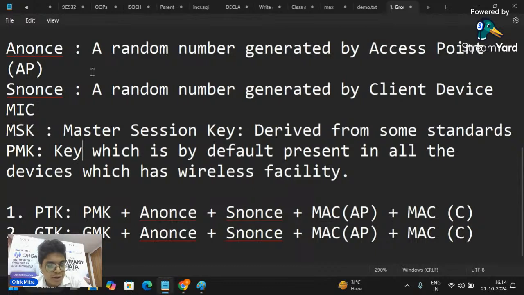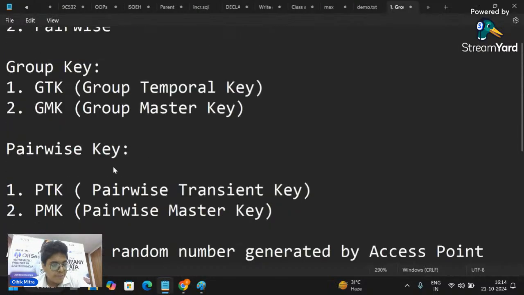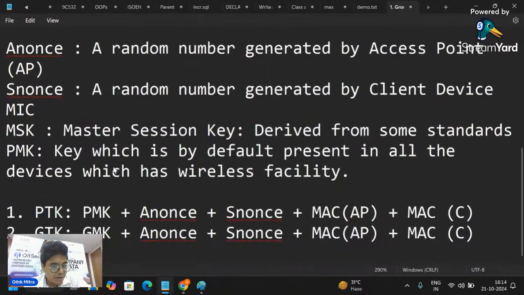Okay, so this is called MSK, right? Now we all know what PTK, GTK, PMK, and MSK are, right? We all know what SNonce and ANonce are, right?